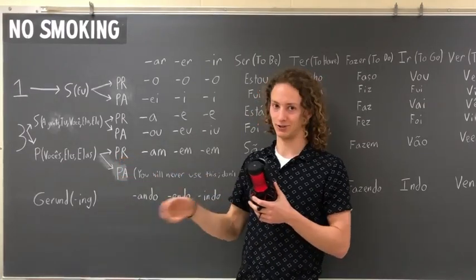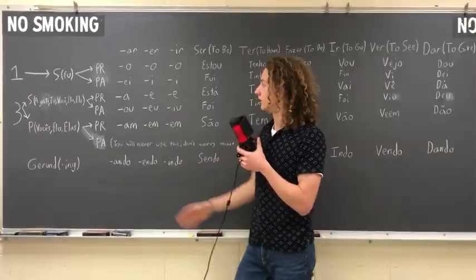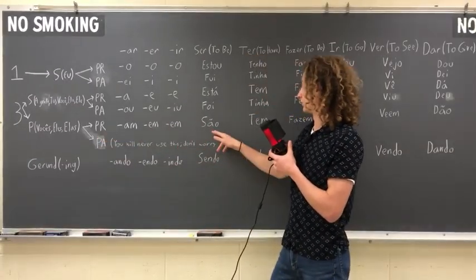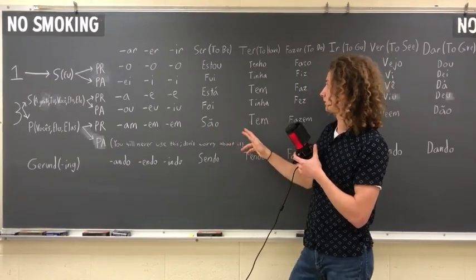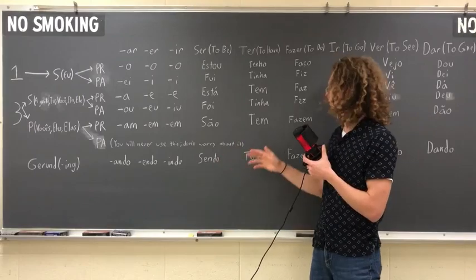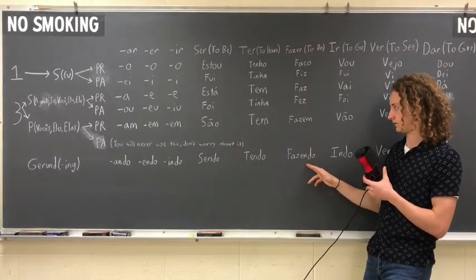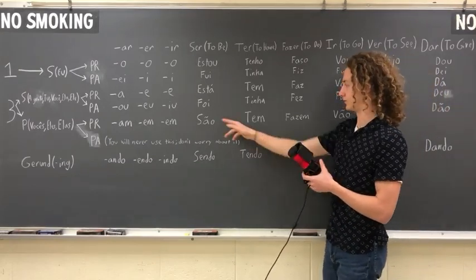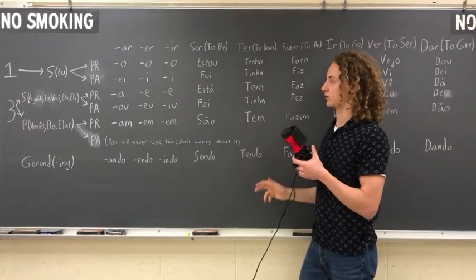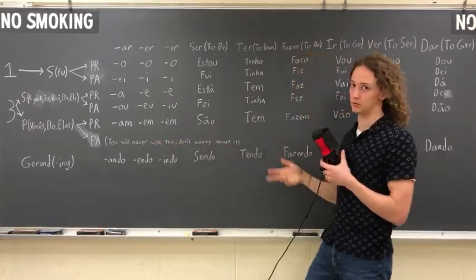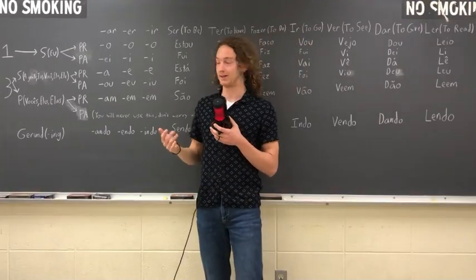So we have to conjugate twice, once for to be and then once for to do. So I look on over to the verb to be, and it is são. I am doing something. Doing is a gerund, so you would go to fazer, go down to the gerund, and it would be fazendo. Now we have our two conjugated verbs, and the sentence is they are doing something, so I would say eles são fazendo alguma coisa. They are doing something. And that's it for the table.